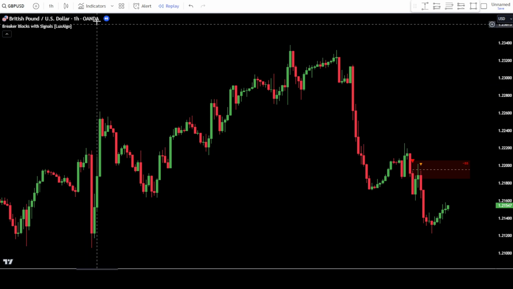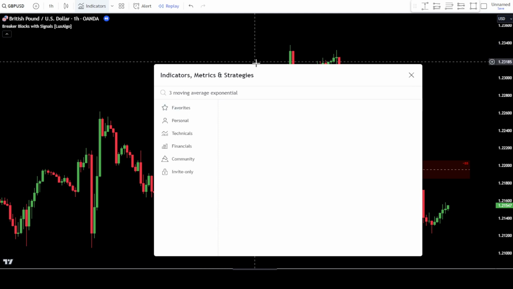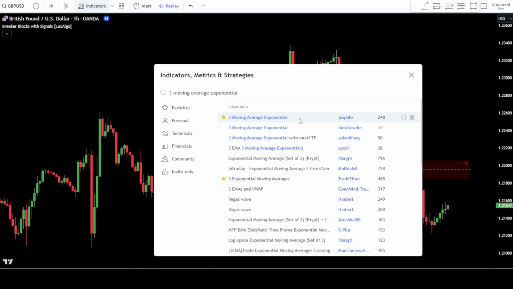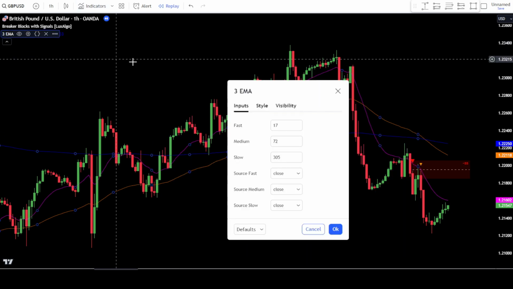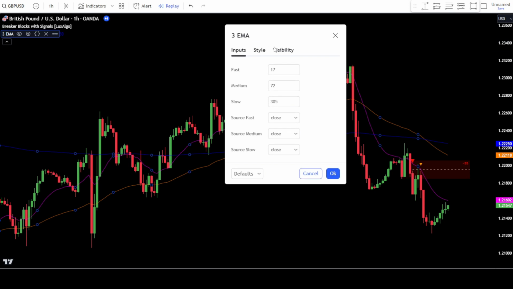Go to the Indicator Search tab and type 3 Moving Average Exponential. Then, select 3 Moving Average Exponential from Jaspele. Afterward, access the settings of the 3 Moving Average Exponential indicator. Under the Input tab, change the Fast EMA to 20 and the Medium EMA to 50, then, go to the